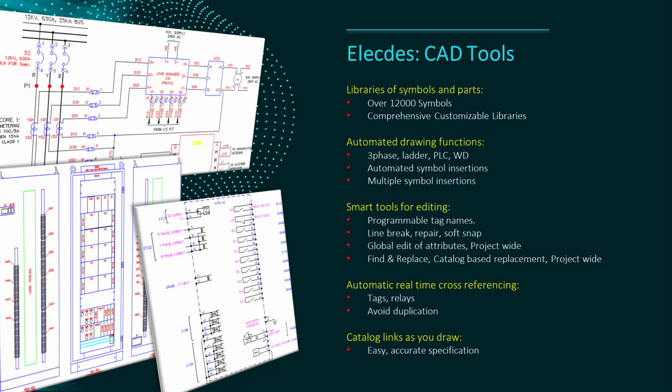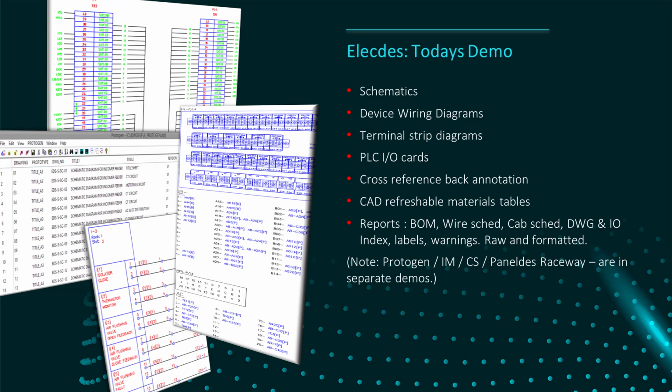Electez has smart tools for editing the drawing data. You can do project-wide searching and replacement on new symbols, component catalog specifications, tag names, and any other text you wish to change. A component-specific database structure allows for fast data entry and efficient correction tools. Needless to say, the automated production of tables, cross-references, wiring diagrams, and reports represents excellent productivity gains for most designers. And just one more reminder, all of the libraries provided can be customized to suit your company's chosen policies and standards.